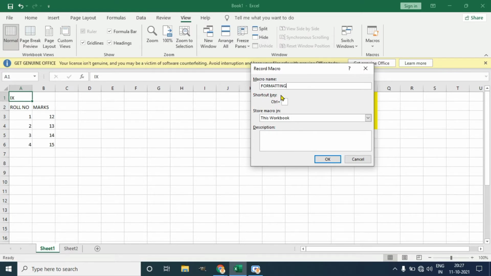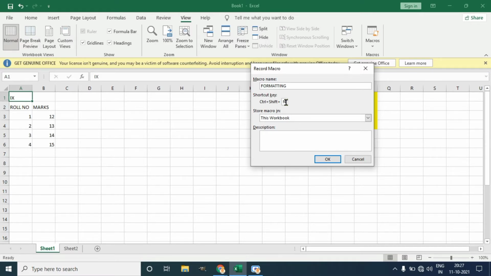The next one is the shortcut key. You can use any shortcut key, meaning a combination of the Control key and any alphabet; you can't use numbers or special symbols. This is a note for you. I'm using N here.